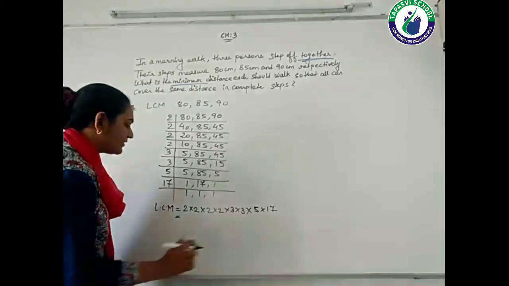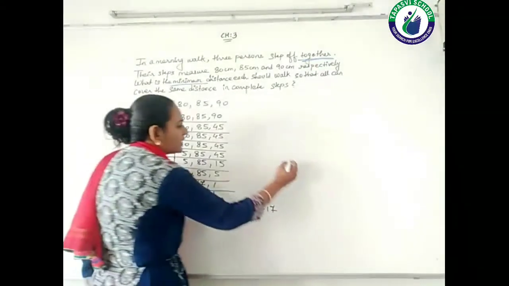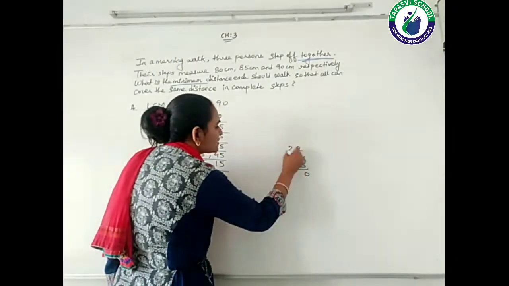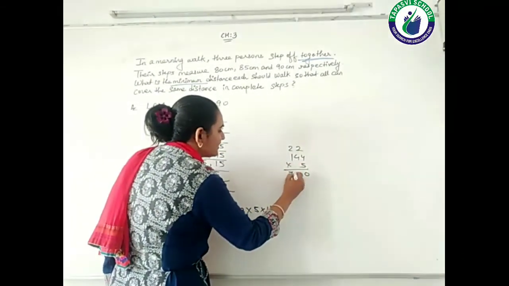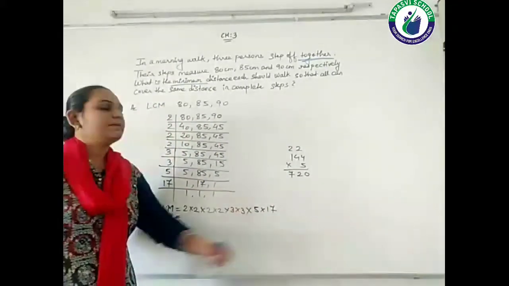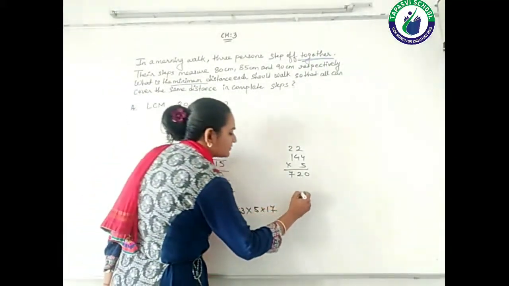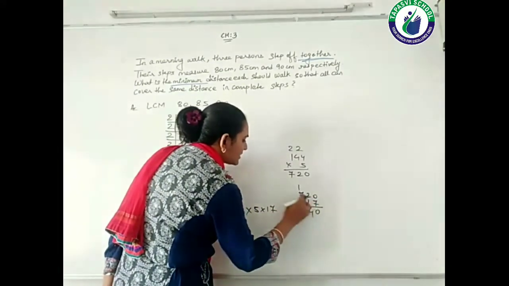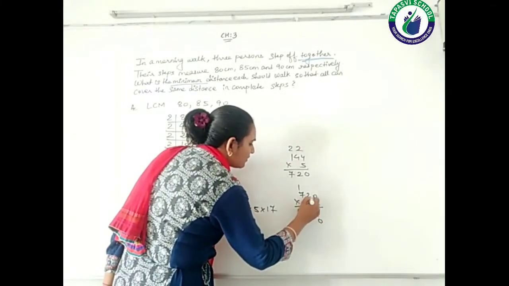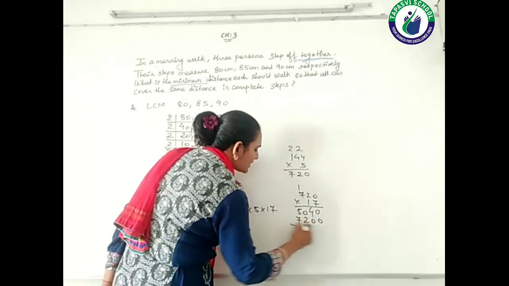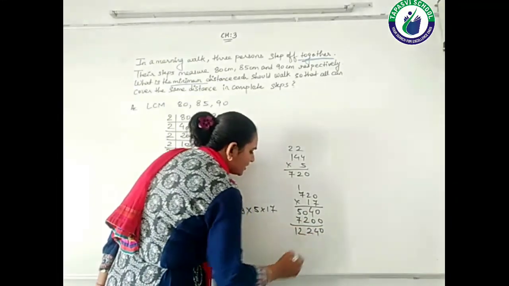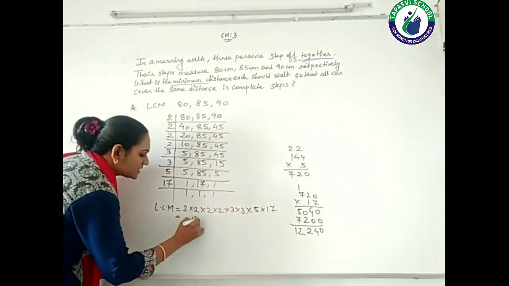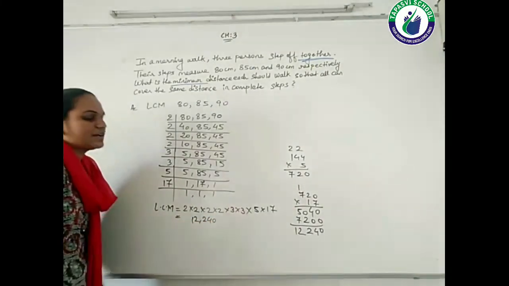So I am here doing the calculations for you. So here I am doing actually 144 into 5. 5 4s are 20, plus 2, 22. 5 1s are 5, plus 2, 7. So 720. Again this 720 needs to be multiplied with the 17, students. So 720 multiplied by 17. 7 0s are 0, 7 2s are 14, 7 7s are 49, plus 1, 50. 1 0 is a 0. 1 2 is a 2. 1 7 is a 7. So your final answer is 12,240. So 12,240 is your LCM, right?